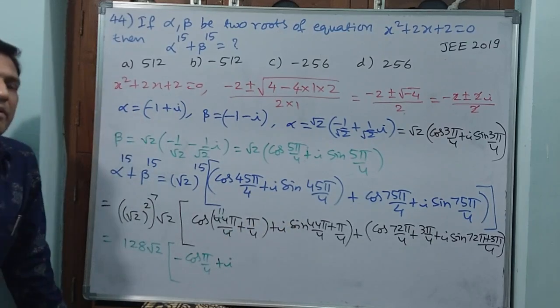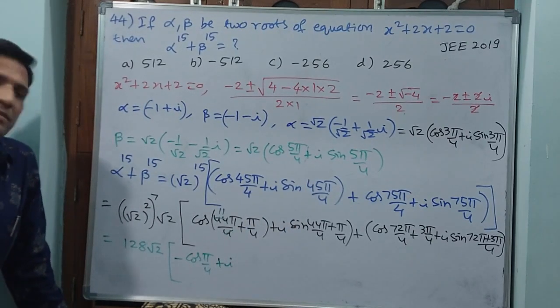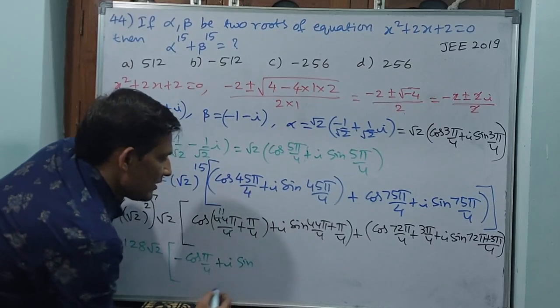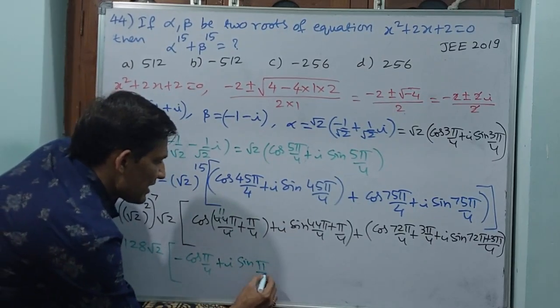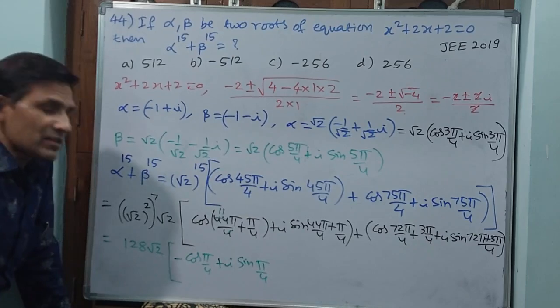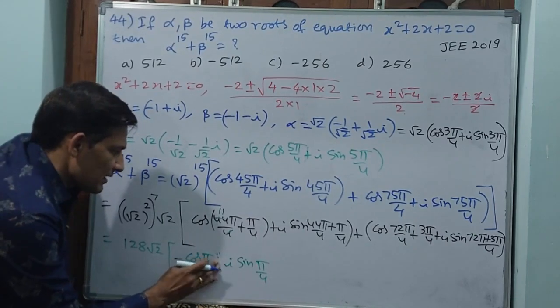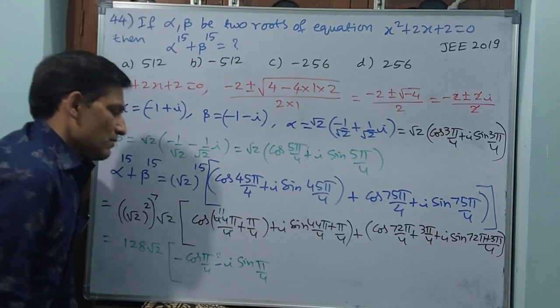Now here also plus i sin, same 11 pi by 4. This is also because sin only will come and pi by 4 only will come, but this also is going in the third quadrant, so minus will come. Here minus will come. Okay, minus. Okay, again plus